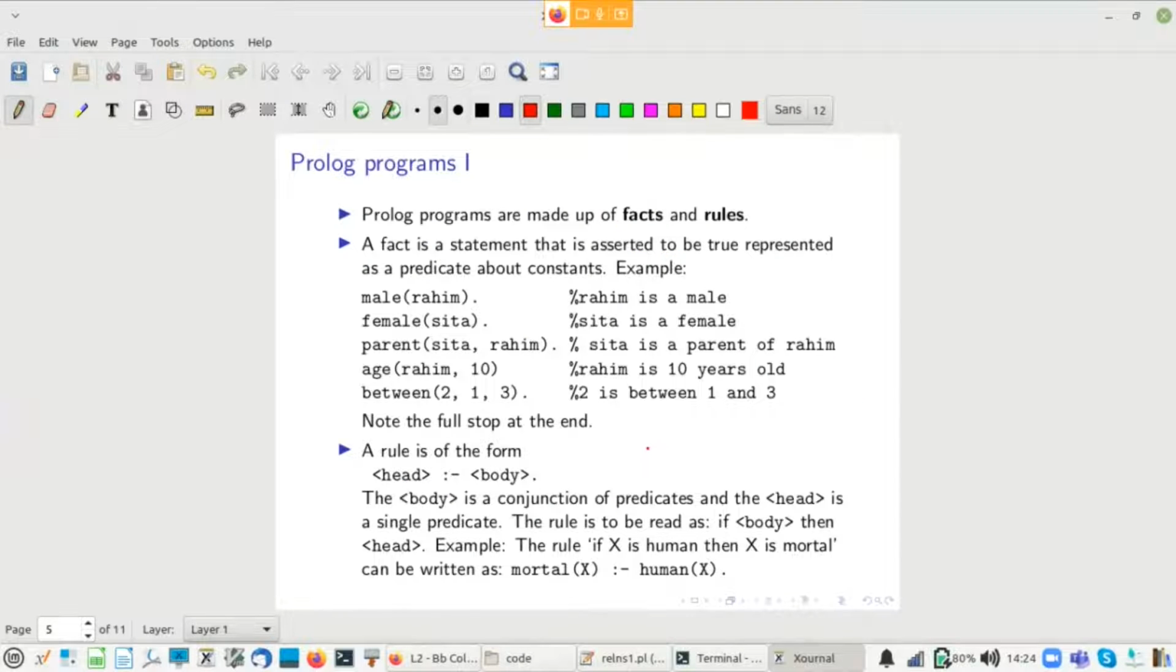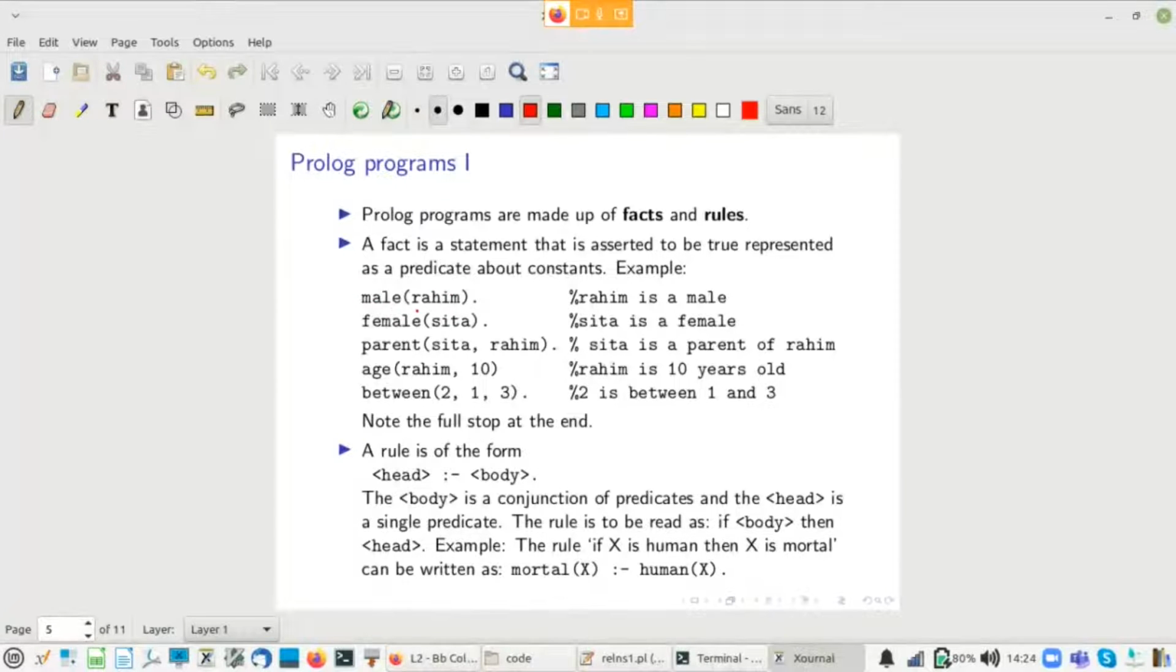Okay, so now Prolog programs, how do they look? Prolog programs are made up of facts and rules. Remember, all of this is coming from logic. A fact is a statement that is asserted to be true, represented as a predicate about constants. So for example, what you see here in typewriter font: